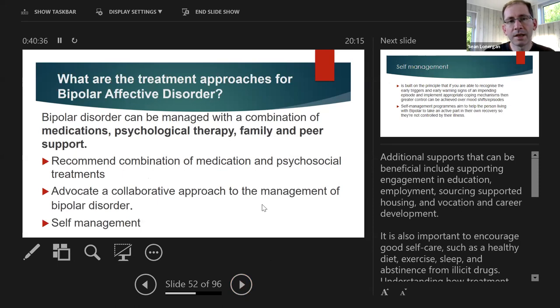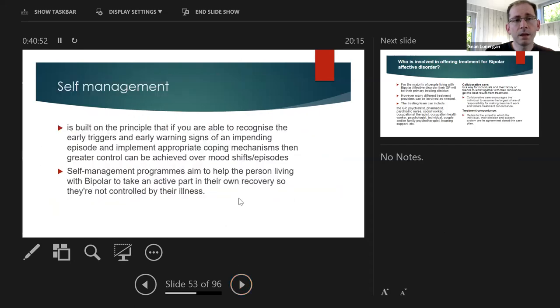Bipolar disorder can be managed with a combination of medication, psychological therapy, family, and peer support. Typical recommendations are a combination of medication and psychosocial treatments, advocating a collaborative approach to the management of bipolar disorder, and self-management. Self-management is built on the principle that if you're able to recognize the early triggers and warning signs of an impending episode and implement appropriate coping mechanisms, then greater control can be achieved over mood shifts and